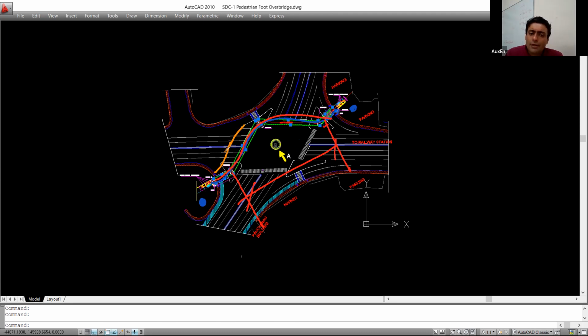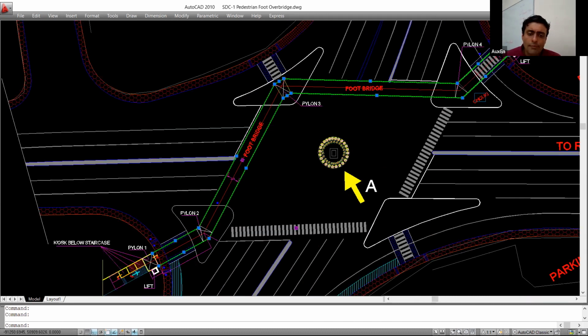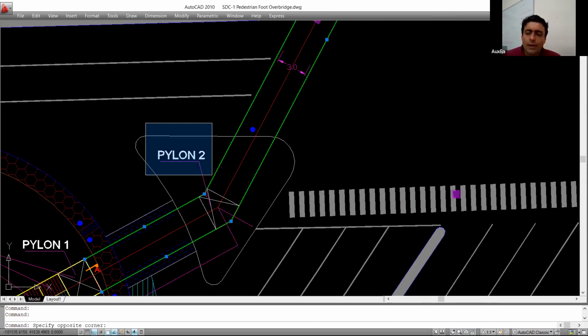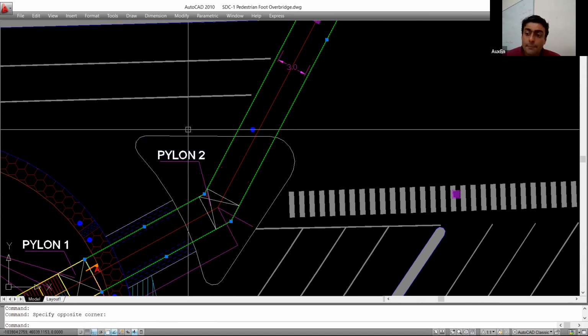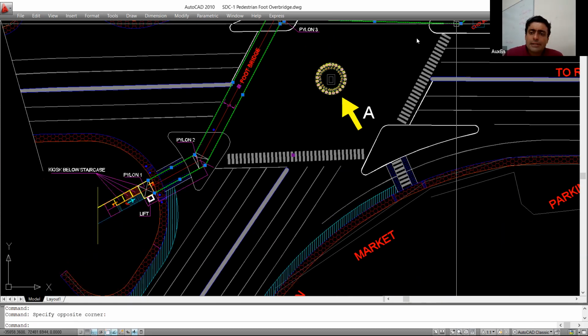We did not take it. The transport engineers who did this planning took this alignment. Is this clear? By taking this alignment, they were able to have some columns. Do you see this word pylon? This pylon is nothing but a vertical column that we have taken over here. And if you see, this pylon has been taken inside the